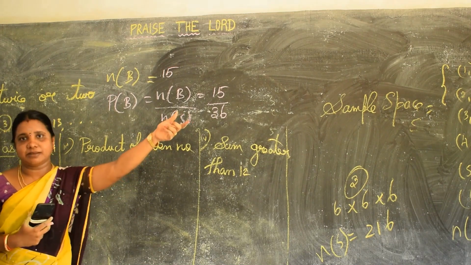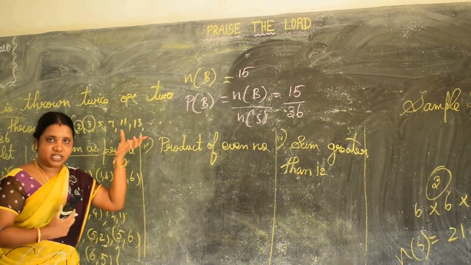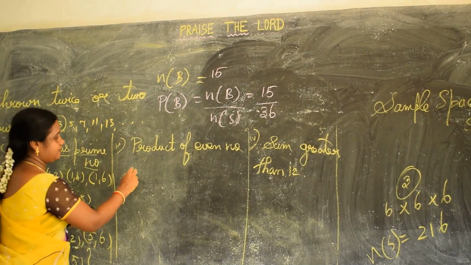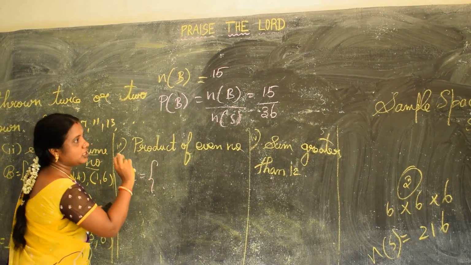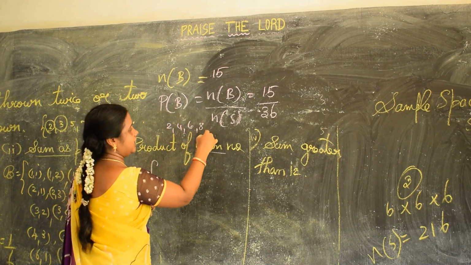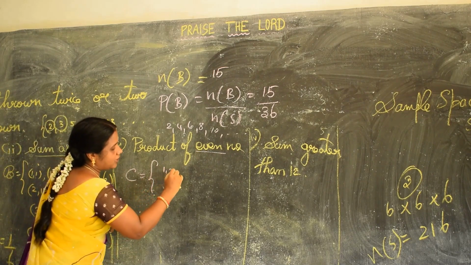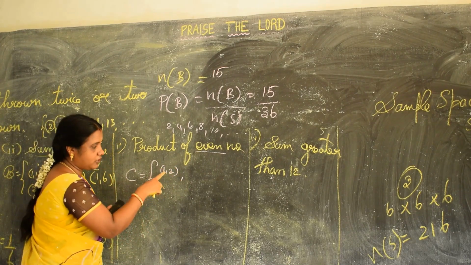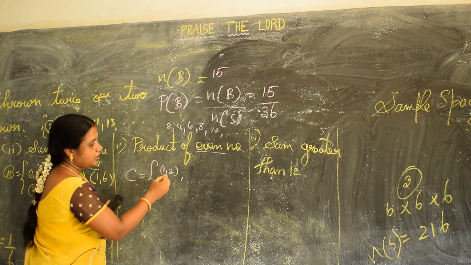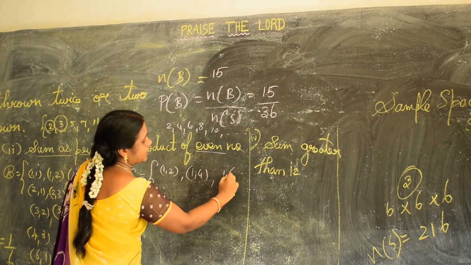If you multiply, you have to get an even number. In the exam, you have to see whether they have asked sum or product. That you have to check and then answer. I am going to keep it as C. If you multiply, you have to get an even number: 2, 4, 6, 8, 10. These are all the even numbers. See what will come? 1, 2. You multiply and write here, 1 times 2 is 2. You should not write 1, 1. That is 1, an odd number. Okay, 1, 2.